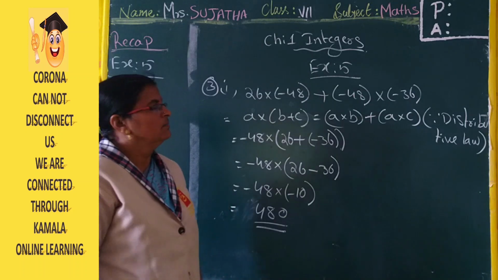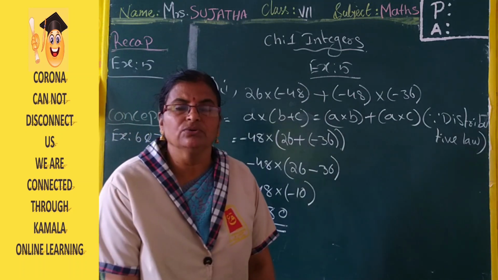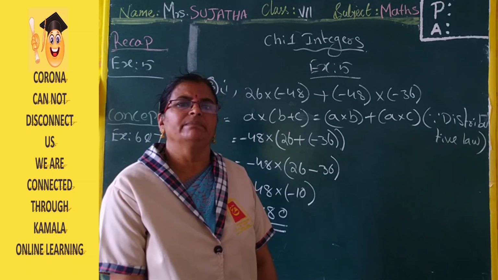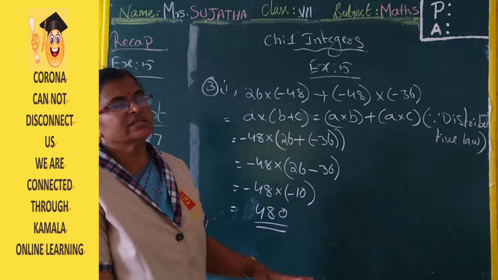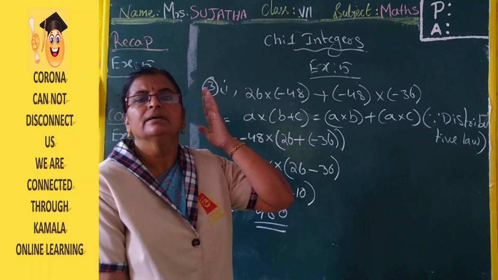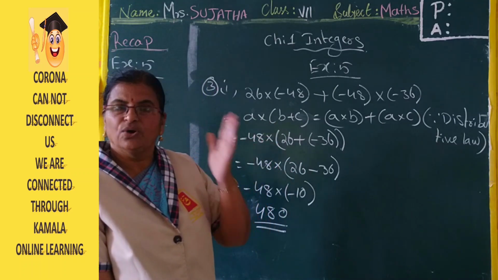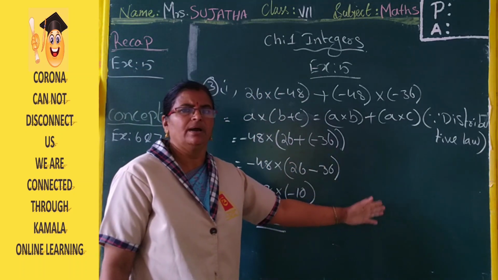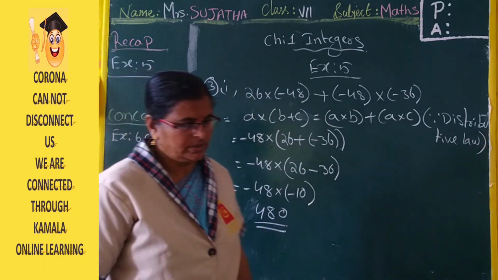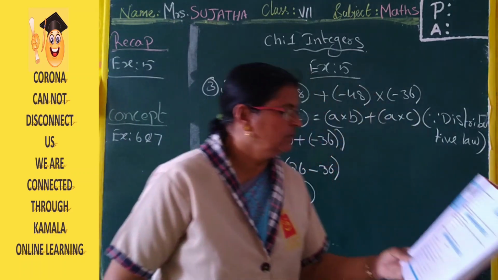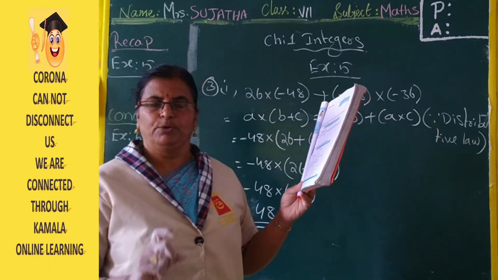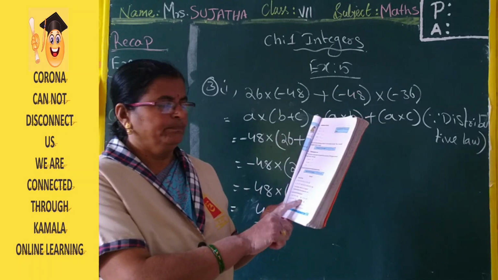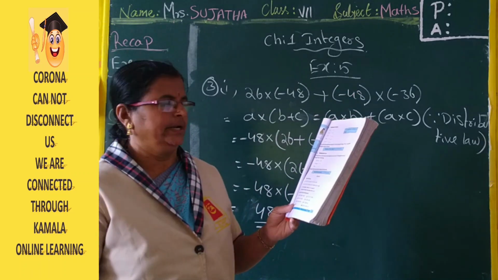Distributive. Now, as I said, we can apply associative also. What is the associative property? It applies under addition and multiplication. So in place of that, you can take the distributive law and apply it. Now I will only say the property names. According to that, you have to apply the property and do the product.